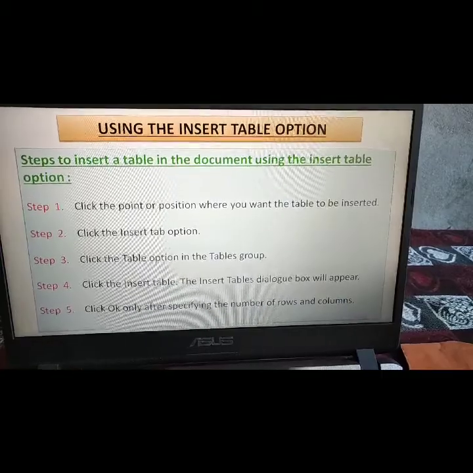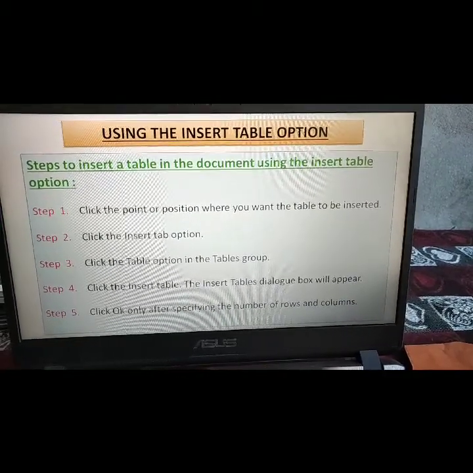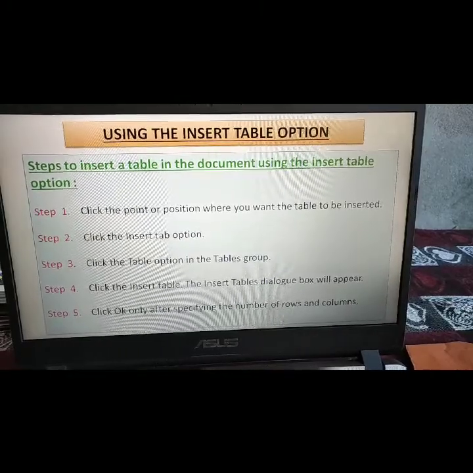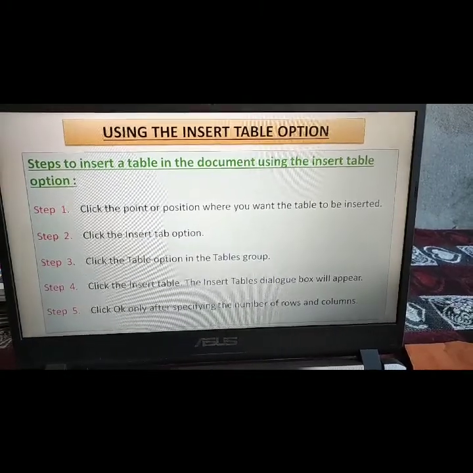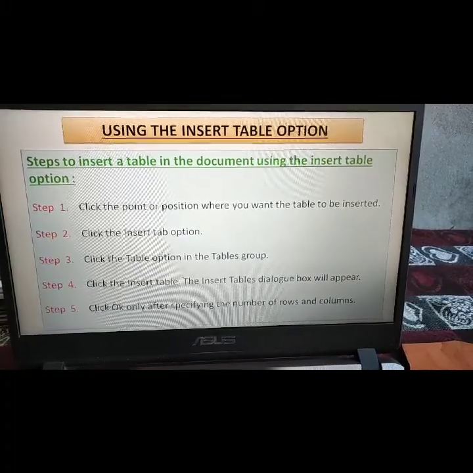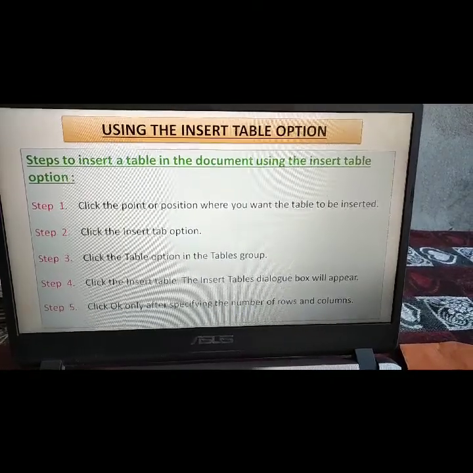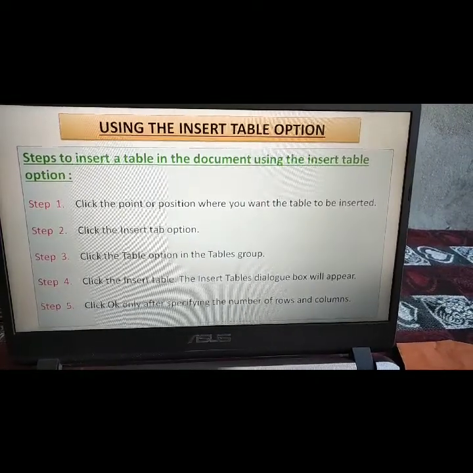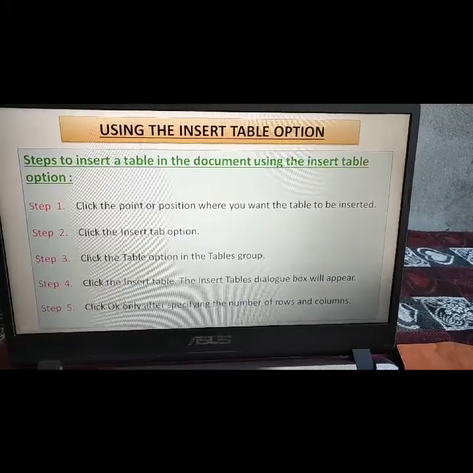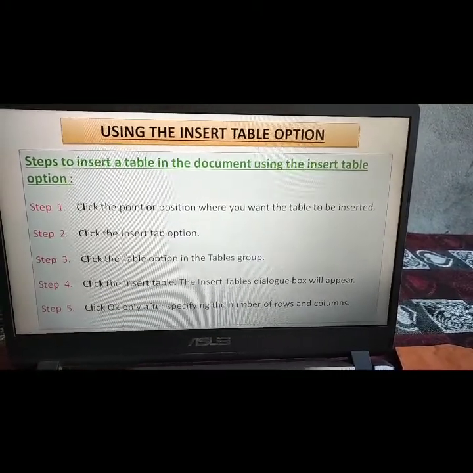So you can specify the size of the columns and rows, and after specifying the number of rows and columns, lastly you click on the OK button. Okay, so these are the 5 steps to insert a table in the document by using the insert table options. It is the second method to create a table.